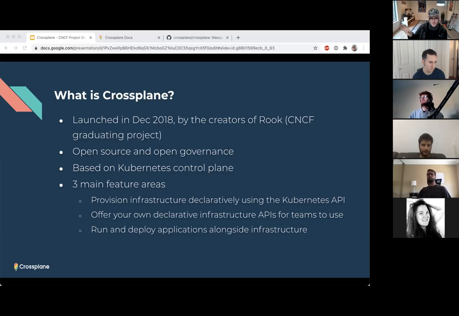No, and there are some other different builds of Terraform, Terraform Cloud and Terraform Enterprise, that I'm not personally that familiar with, but I know that they do a little bit more than that. But one big thing for us is that we're a control plane. We're not just a CLI tool, so